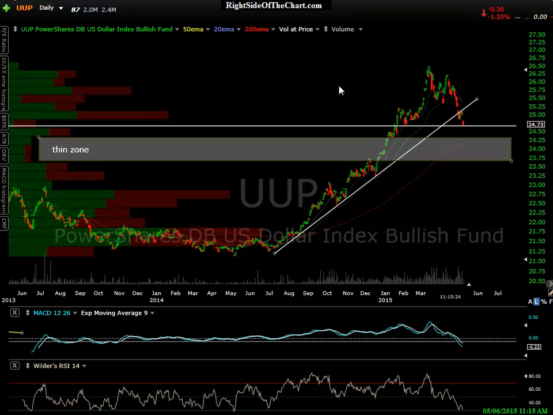Okay, now let's take a look at UUP. Again, this chart trades in real time throughout the day, so it gives you sort of an idea. Now, as I mentioned before, on the USD index, what we were looking at on the stockcharts.com chart a second ago, we had prices struggling around. So this trend line came in a little bit lower. But again, this is today's action, this candlestick here, which is not reflected yet on that stock chart, which won't be updated until later today after the market close.